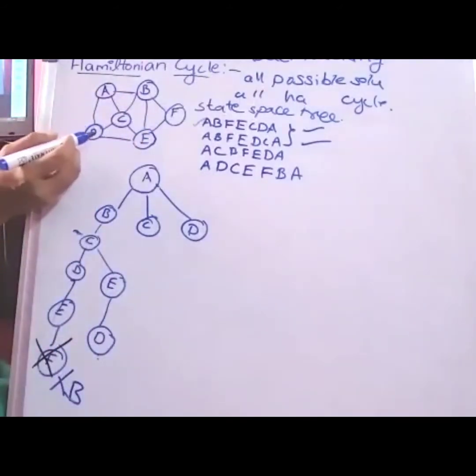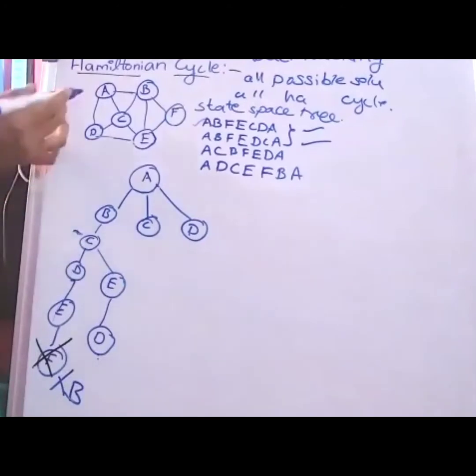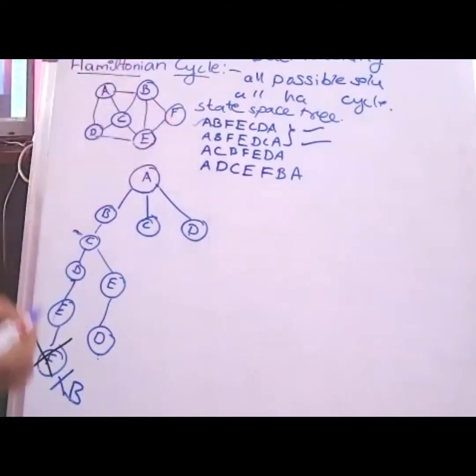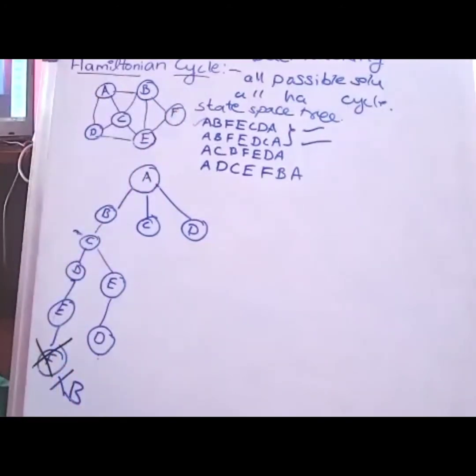I am trying to visit F from D. Is there any path from D to F? So there is no path. So I cannot visit it. If I try to visit from D, it is already a visited vertex, and it is not covering the one more vertex which is present in the graph. So it is also not satisfying the boundary conditions. It is not my possible solution here.